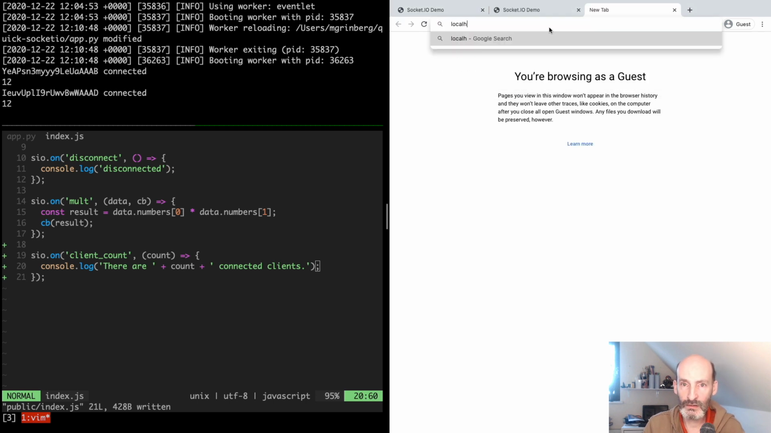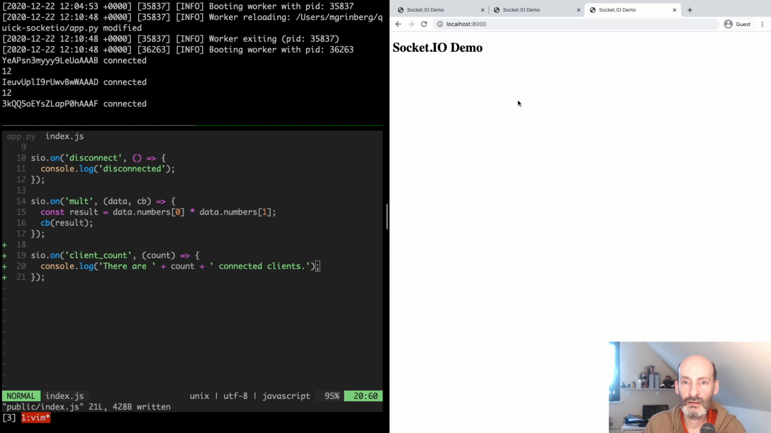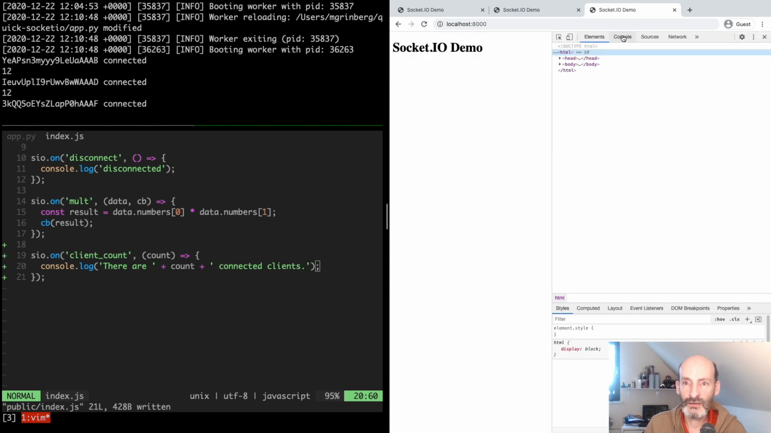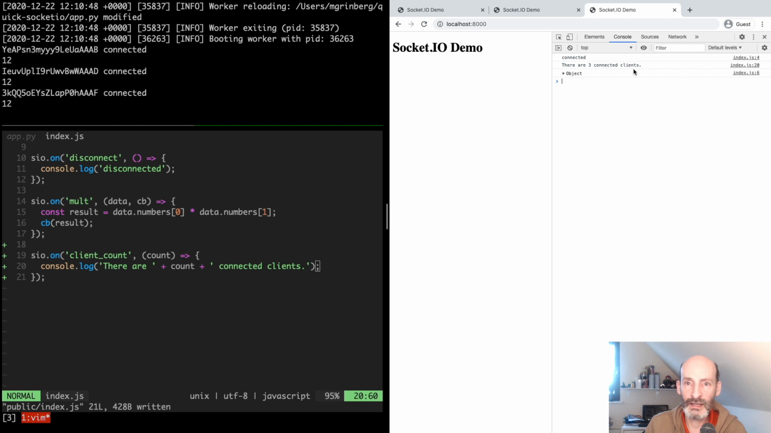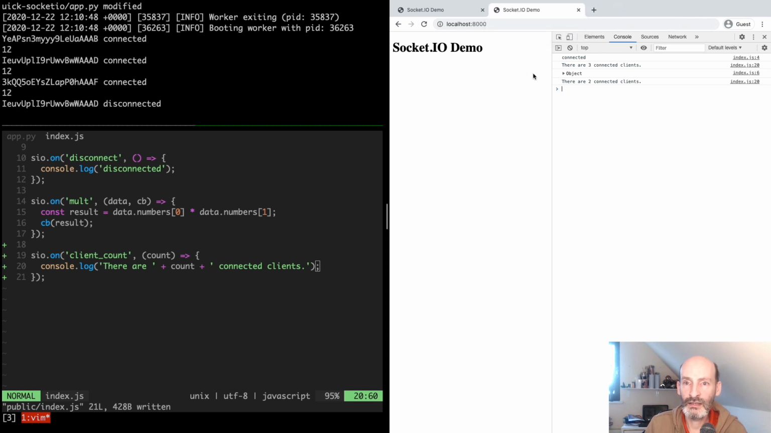Let's add one more just for fun, and this received a 3 count, and then client number 2 also received the 3, and client number 1 also received the 3. So now let's take client number 2 and kill it, and now the 3 count went down to 2, and this one as well. So you can see that this is pretty straightforward, and this is the way to send an event to every